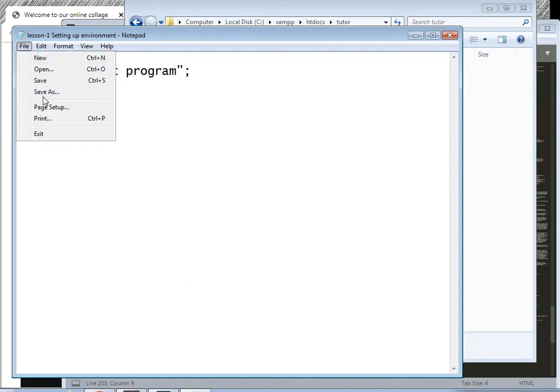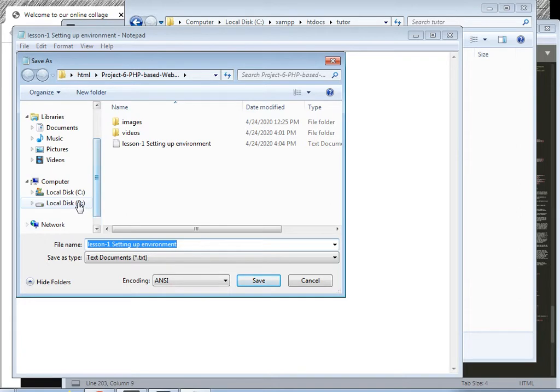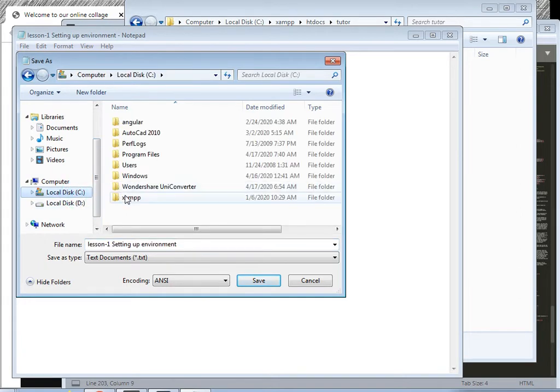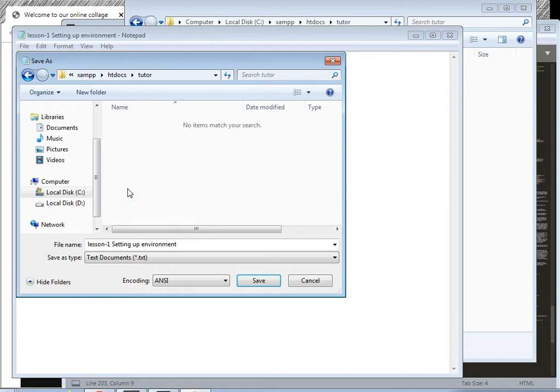File, save as, where? In the C folder, XAMPP, htdocs, and tutor. This is the tutor, right? And I will save it as, in double quotes, index.html.